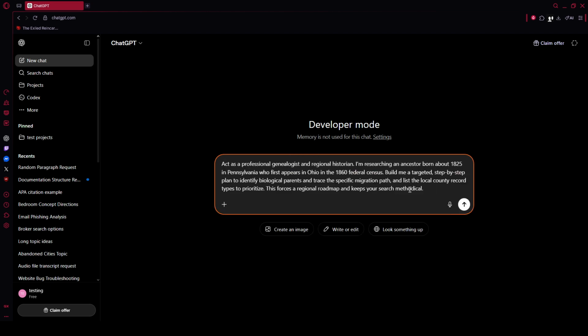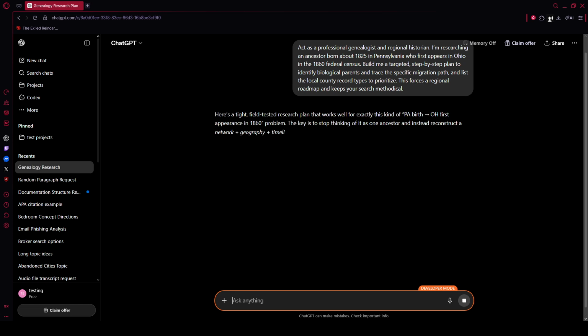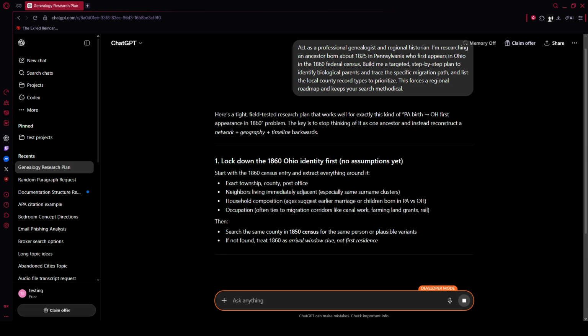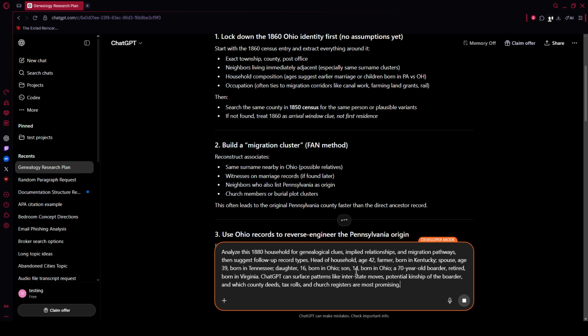Next, for census analysis, move beyond the index and feed in the household line by line. For example, analyze this 1880 household for genealogical clues, implied relationships, and migration pathways, then suggest follow-up record types. Head of household, age 42, farmer, born in Kentucky. Spouse, age 39, born in Tennessee. Daughter, 16, born in Ohio. Son, 14, born in Ohio. A 70-year-old boarder, retired, born in Virginia. ChatGPT can surface patterns like interstate moves, potential kinship of the boarder, and which county deeds, tax rolls, and church